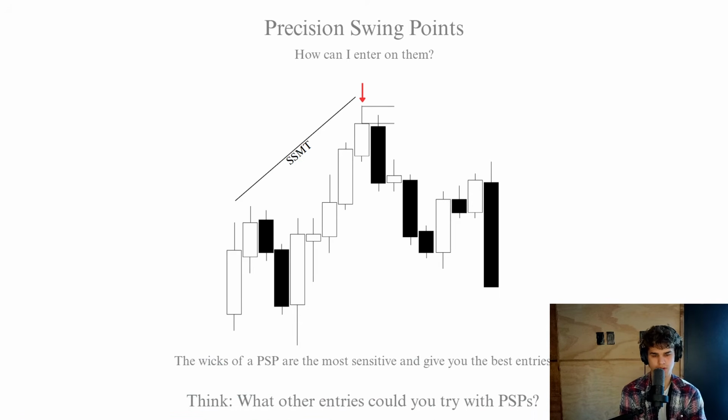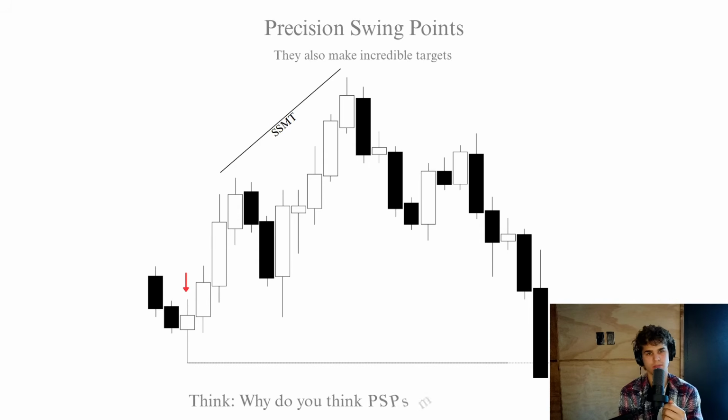What are other entries you could try with PSPs? You could try, for targets, I'm thinking of targets right now, standard deviations of a PSP, although they can be small, so just adjust as necessary. But that being said, that's about my limitation of precision swing points. So